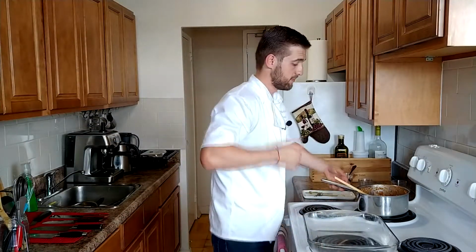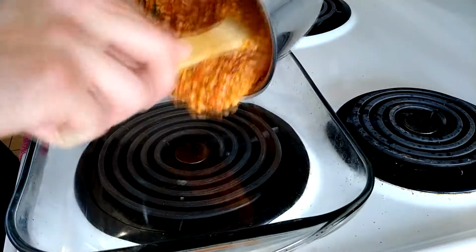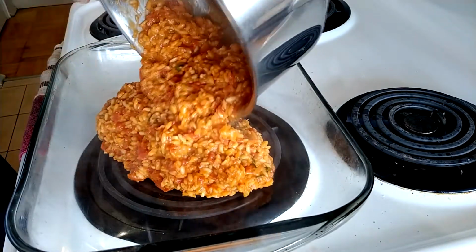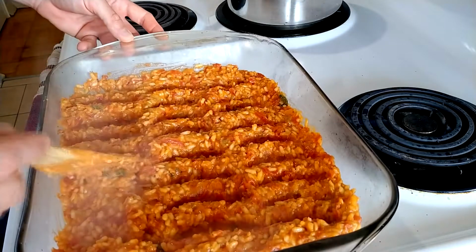Big nice tray and all the risotto on it, spread it, and now we're going to let it chill. Meantime we're waiting for the tomato risotto to chill down, we can start work and building the nice arancini balls